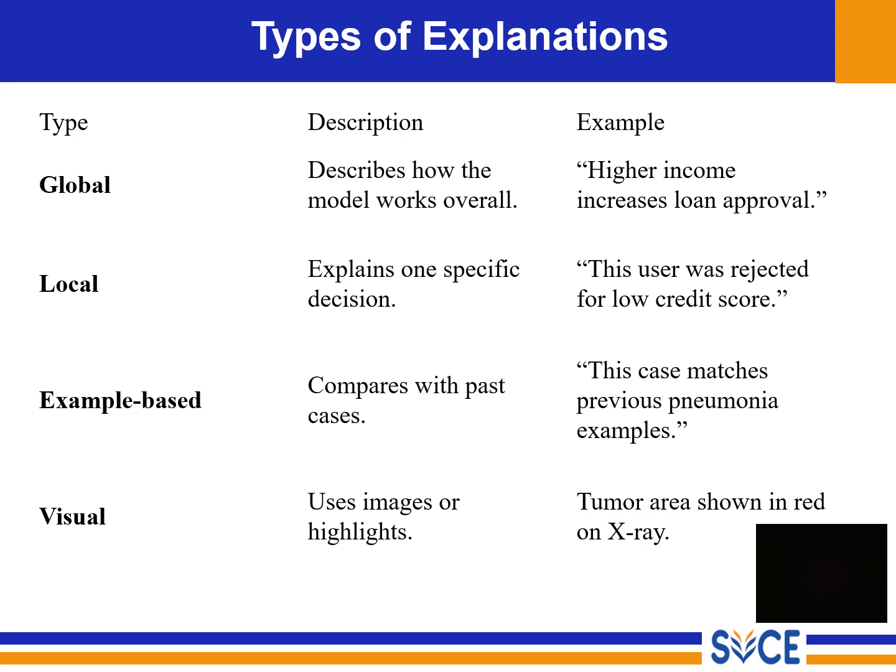And the final one is visual explanation. So visual explanation means understanding through images. Visual explanations highlight specific areas in an image or data that influenced the AI's decision. For example, the tumor area is highlighted red on the scan. So, which part of the image made the AI detect your disease? That is the answer. Okay.